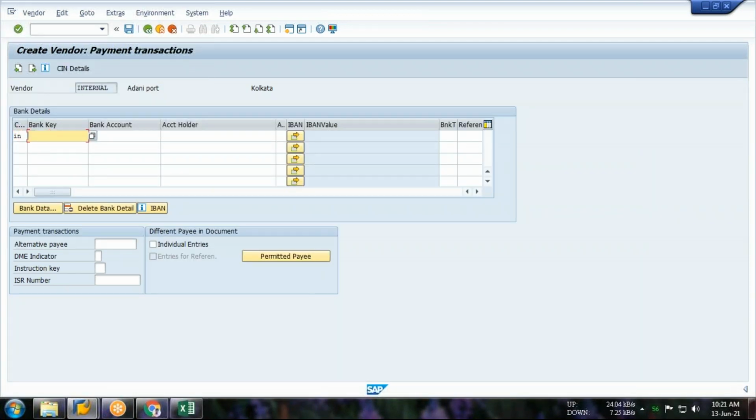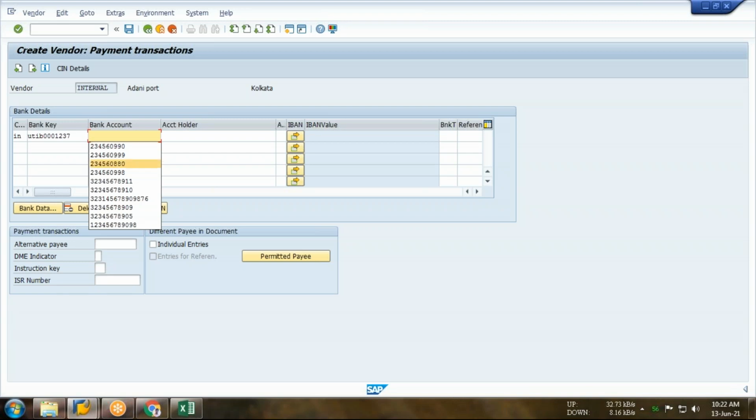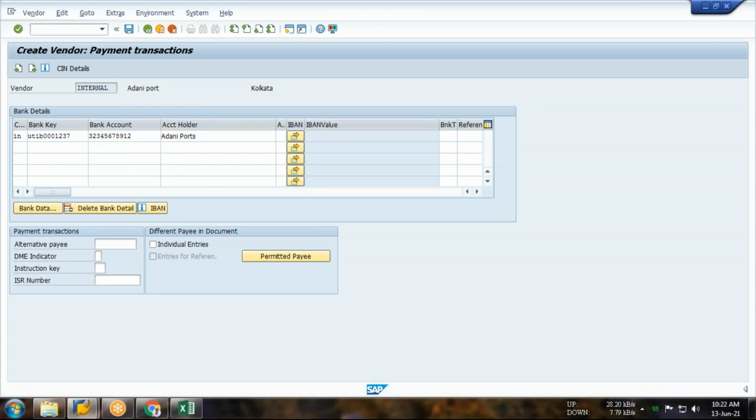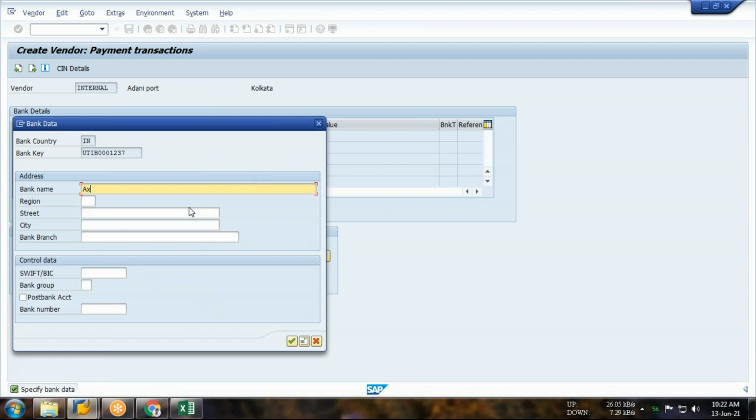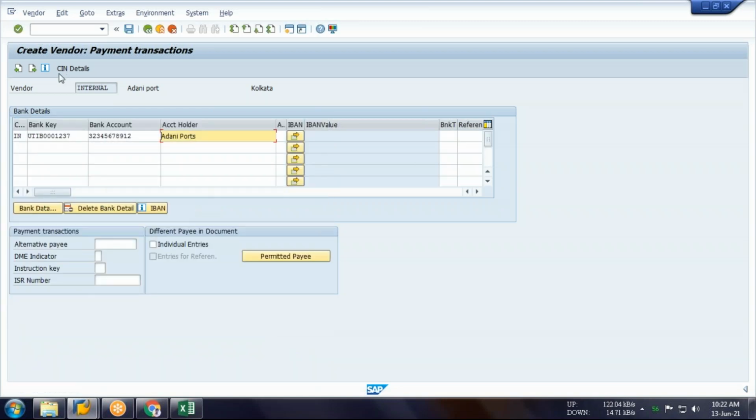So country should be IN, bank key, we have done it.